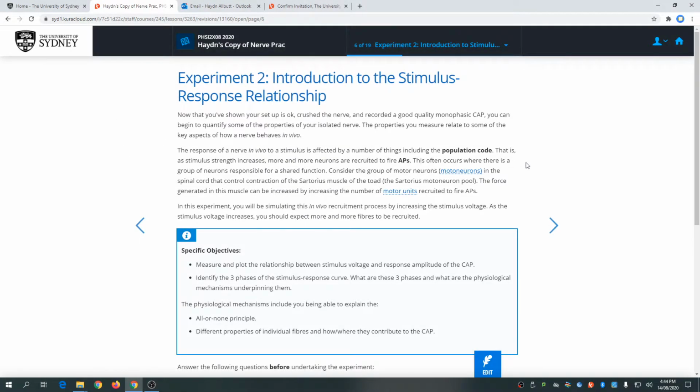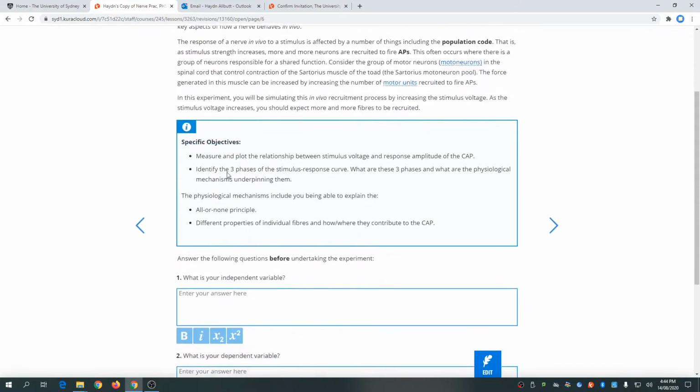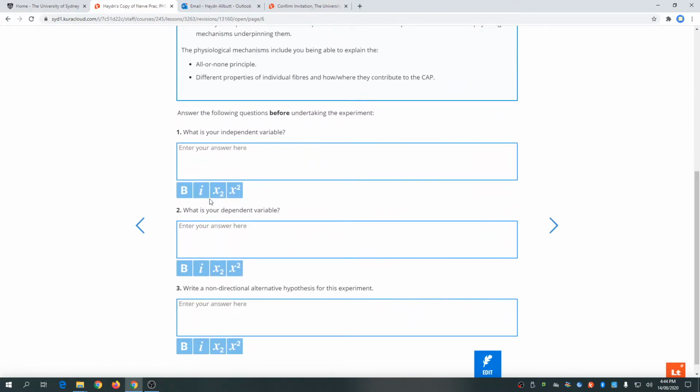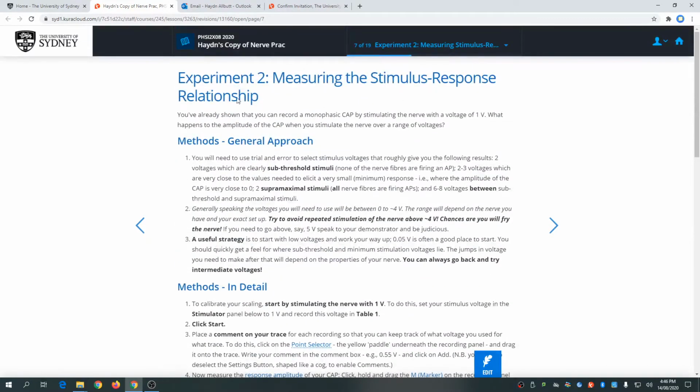Now here we are at experiment 2, Introduction to the Stimulus-Response Relationship, and on this page there's just a series of questions for you to work through, so I'm going to leave those to you. And then if we flick over to the next page, we see the experimental portion of this activity, which is